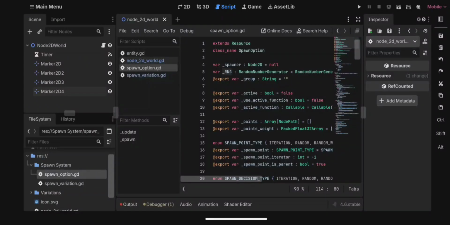Okay, I created another script, another resource called spawn option, and this one is a bit more complex than the previous one, exactly because of how complete I wanted this to be. I spent hours designing it and coding as well. So we have the spawner